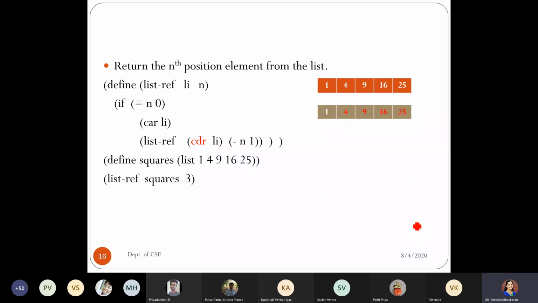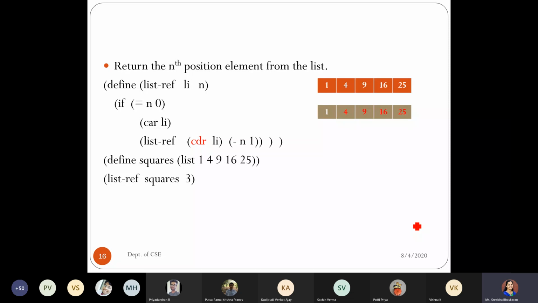So first time when I'm calling, 1, 4, 9, 16, 25 is the one which is being passed. It verifies whether my position, that is 3, is 0. No. So it comes to the else part. So again, I'm calling the list procedure, that is list reference, where I'm reducing the list. So it is CDR.